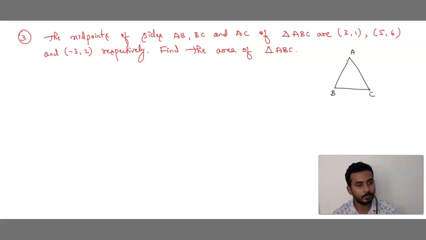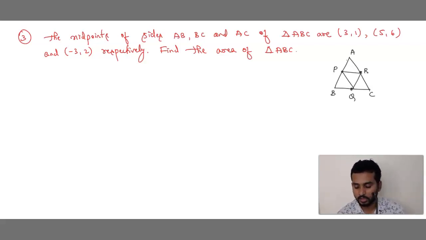This is triangle ABC. This is the midpoint of AB, and then this is the midpoint of BC, and then this is the midpoint of CA. So the midpoint of AB, I am going to call this P. Midpoint of BC, I will call this Q. And midpoint of CA, I am going to call this R. So if I am going to join, we can see here. So these are the coordinates. Correct now? P, Q, R.